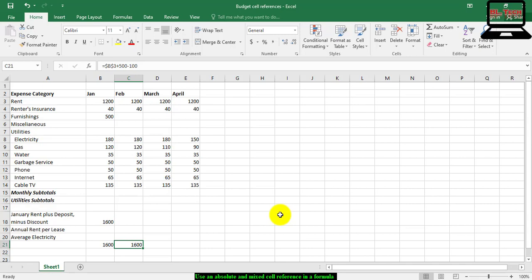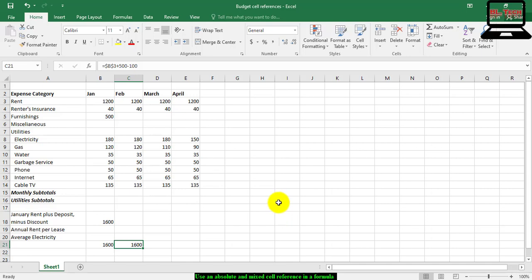The absolute cell reference $B$3, for example, always refers to column B and row 3. When you copy the formula to any other cell in the worksheet, the absolute reference will not adjust to the destination cells.